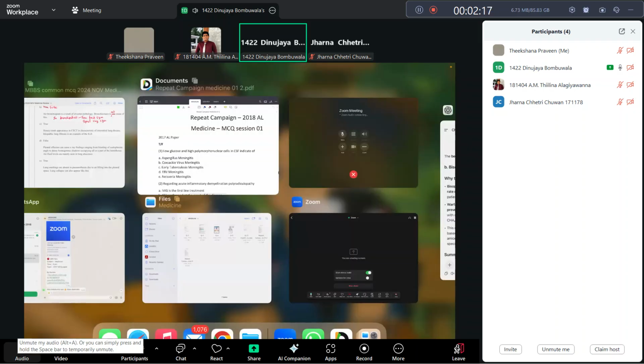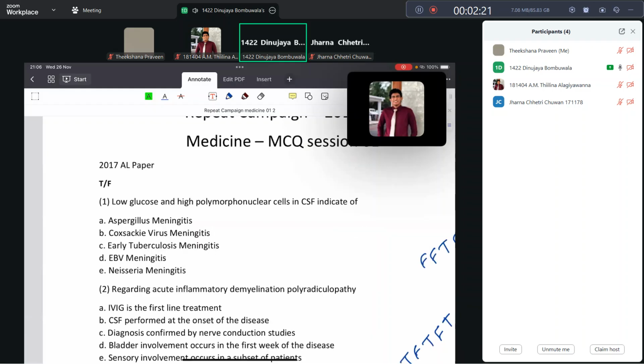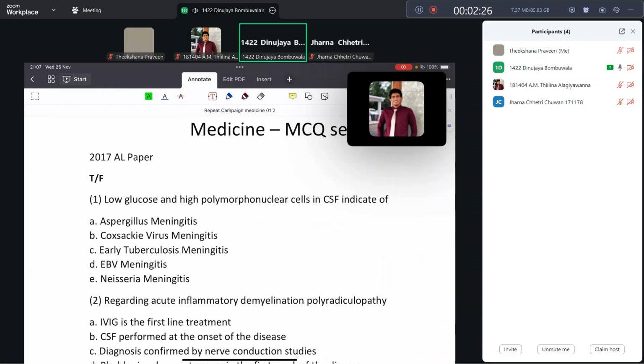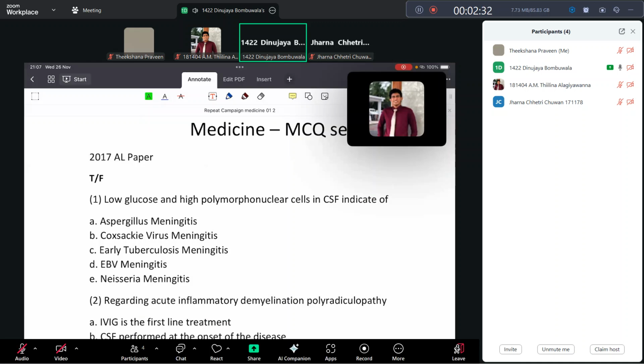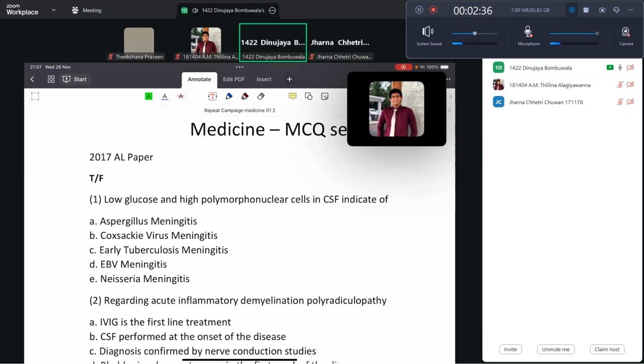So in these questions, I will give some general tips that I used for my exam before starting the session. In the MCQs and SBAs, first you have to select the order. What I did